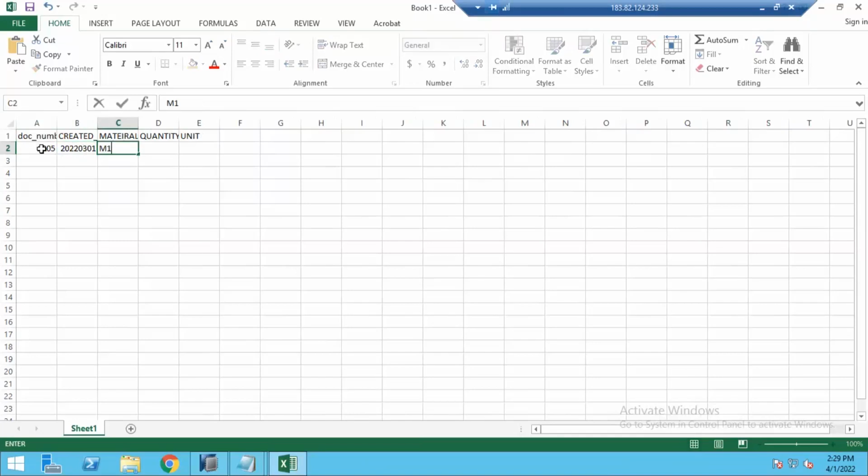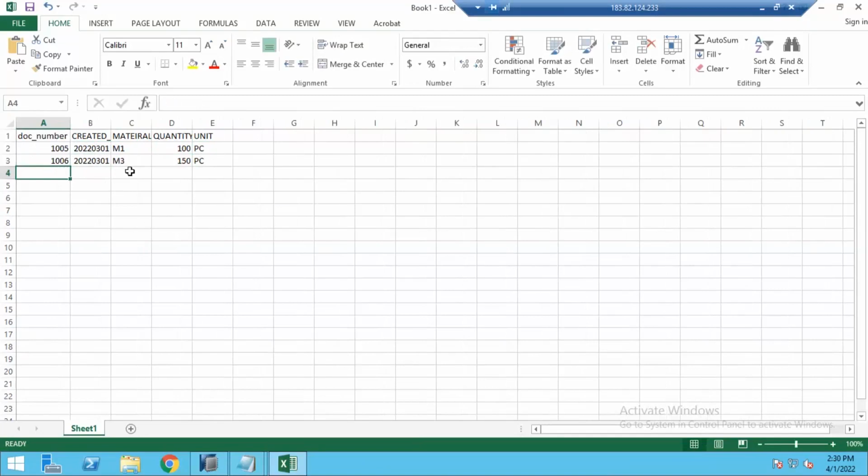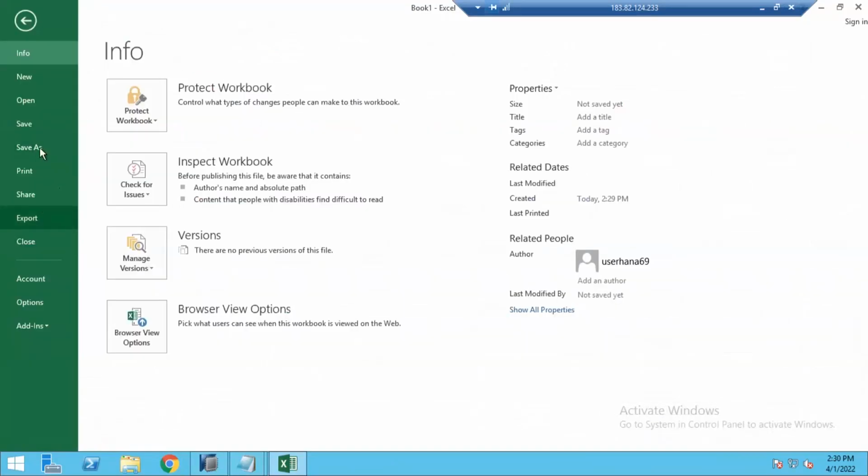Material M1, quantity 100 pieces, and 1006, 2022, 0301, M3, 150 pieces. Okay. So now these two records I would like to load into my table. Instead of writing SQL statements, I am showing you now how to upload mass data from a file into your table. Okay, now let's save this as a CSV file.